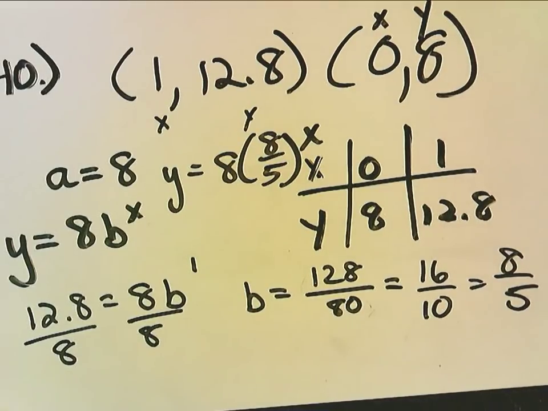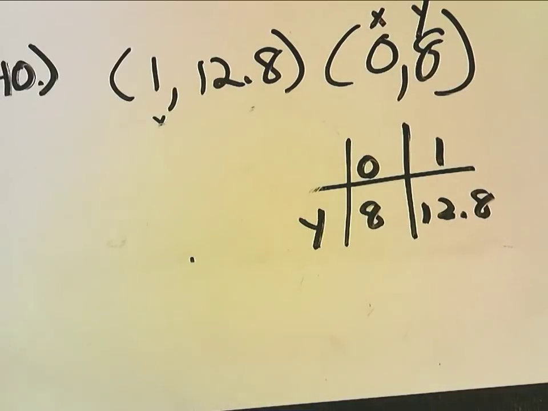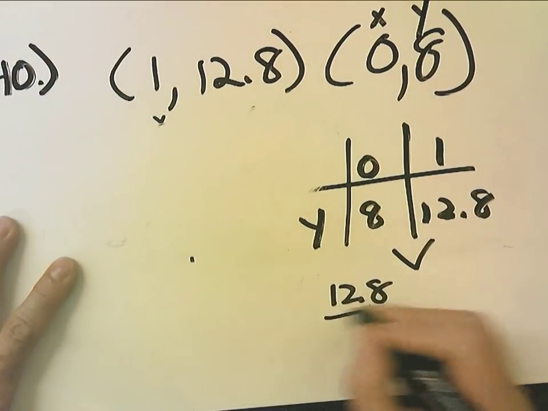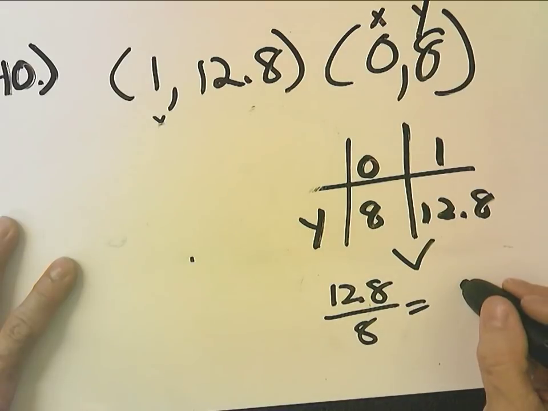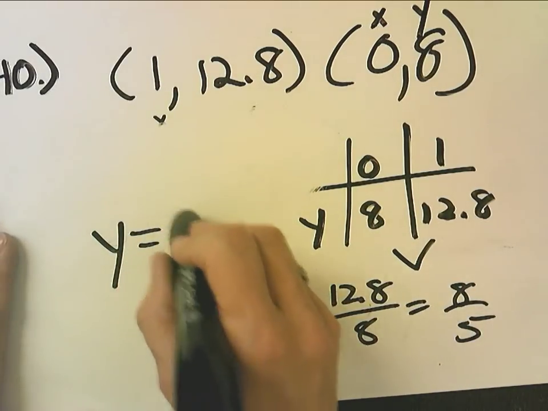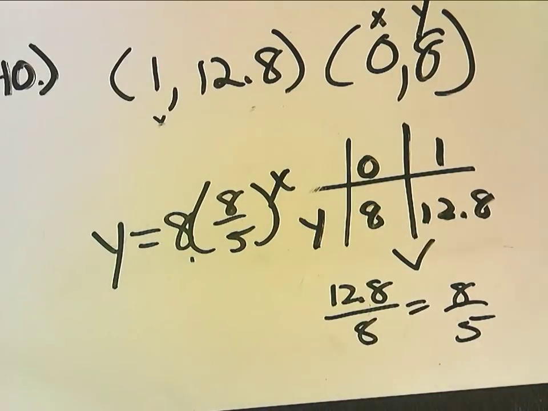Okay? Now, the other way I could have done it is I know what A is, and I can figure out B here by doing 12.8 over 8, which we said became 8/5. So either way you do it, it's 8 times 8/5 to the x. Okay, now,